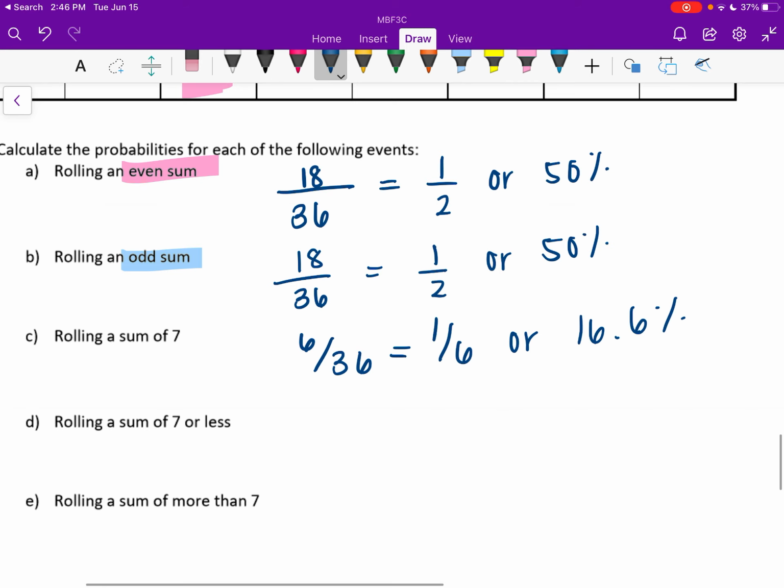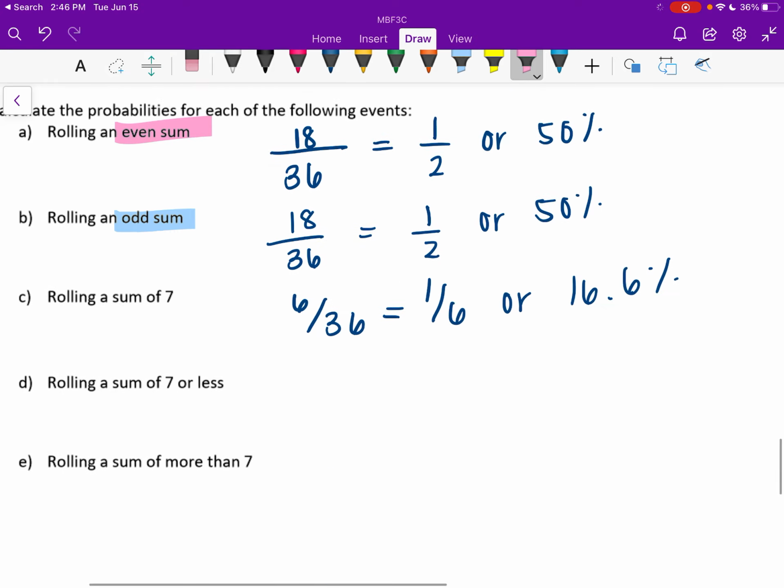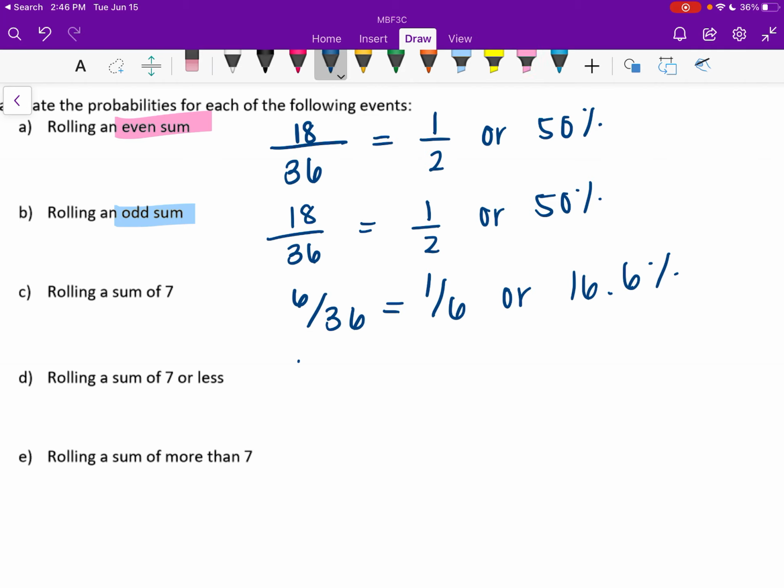Rolling a sum of 7 included, or less. So we're just going to leave the 7s highlighted. Let's go find all the numbers less than 7. So we have 1, 2, 3, 4, 5, 6, 3, 4, 5, 6. Everything gets higher. So I'm just going to go count. So I have 1, 2, 3, 4, 5, 6, 7, 8, 9, 10, 11, 18, 19, 20, 21. So I know 21 out of 36 of my sums are going to be less than